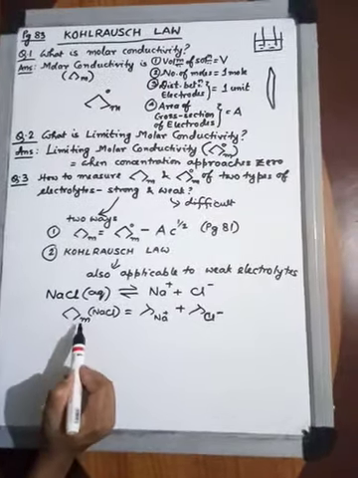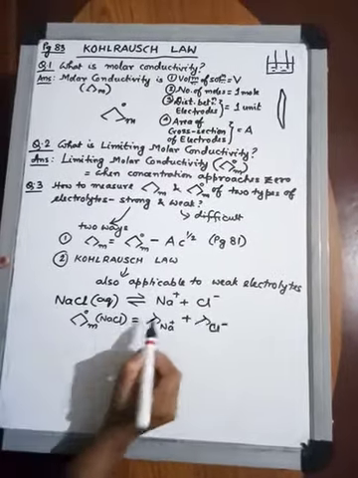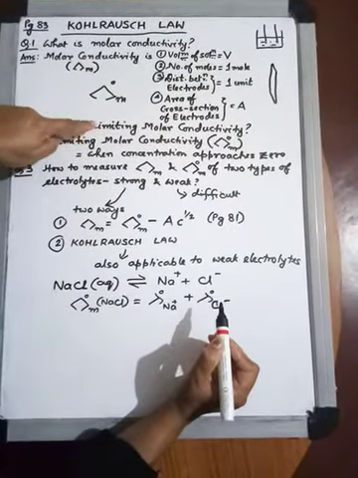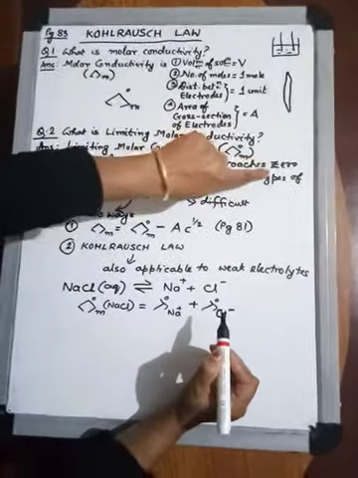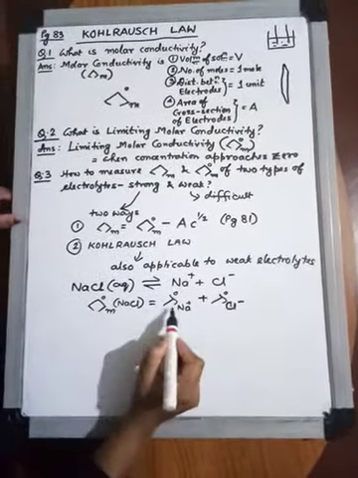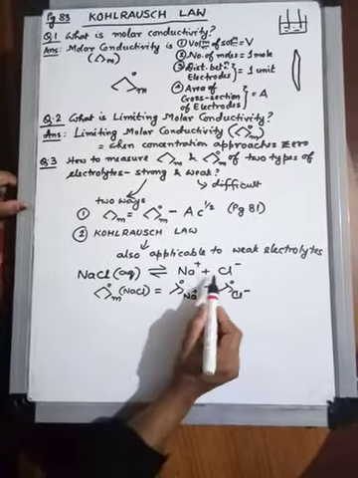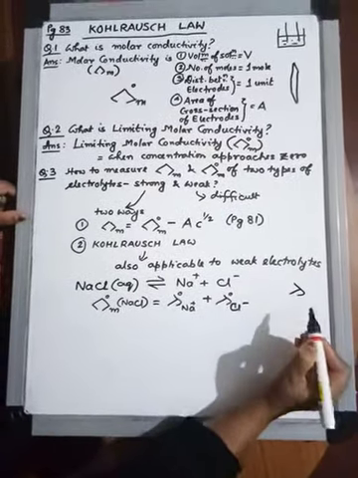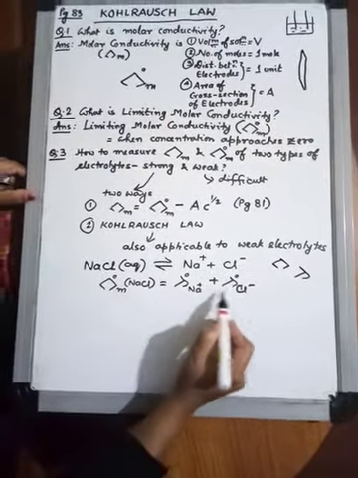So if we are measuring molar conductivity, then we will write it in this way. If we are measuring limiting molar conductivities, we will simply put the zeros out there, because you now know that limiting molar conductivity means when the concentration of this particular electrolyte is approaching 0. So we put the 0 there. Now why are we writing capital lambdas here and small lambdas here? Because these are the contributing ions, so the limiting molar conductivities are denoted with small lambdas. So written in this way, small lambda, and capital lambda, you know, is written in this way. So this is the way to denote them.